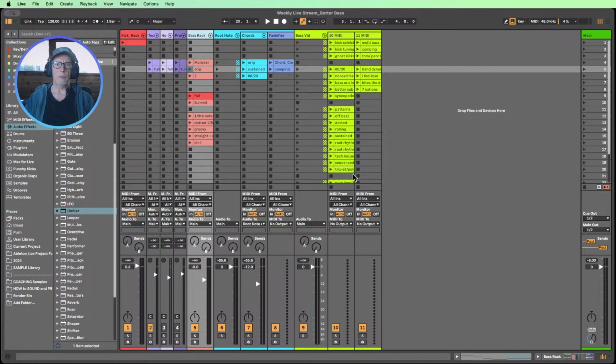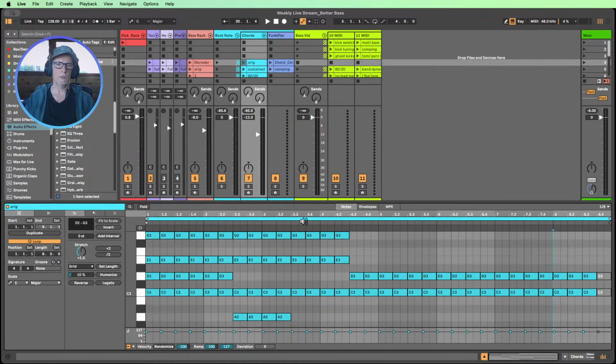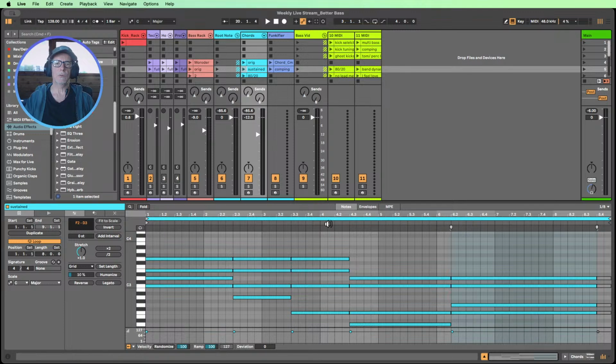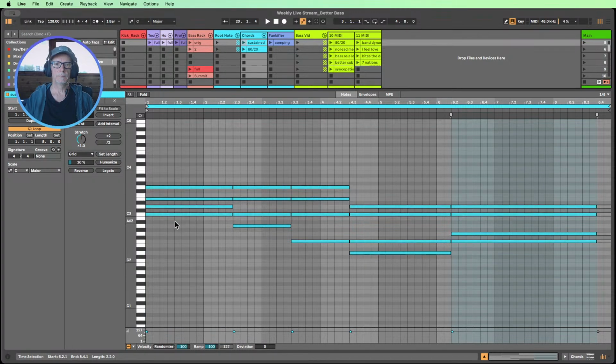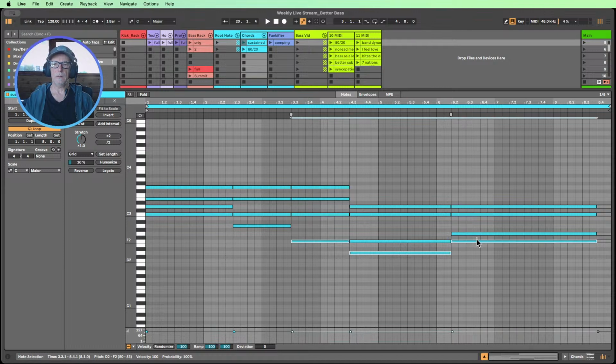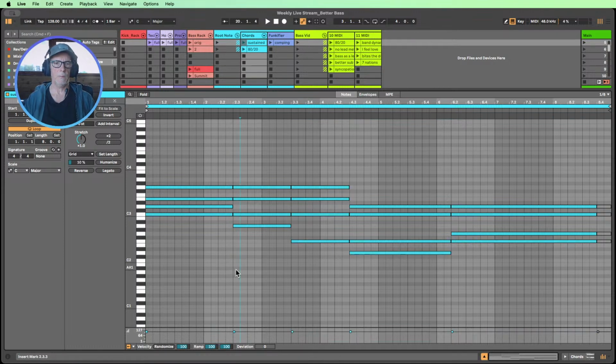One that people use an awful lot is what's called a root note bass. Let's say we're working with a track or a music idea, and we have some chords, a chord progression of some sort. Literally what we're thinking to do is take our chord progression and take all of these lower notes of the chords and turn those into a bass line. That's a very, very common technique, but there are a few things to spice that up and look into. So we're going to start with root note basses.